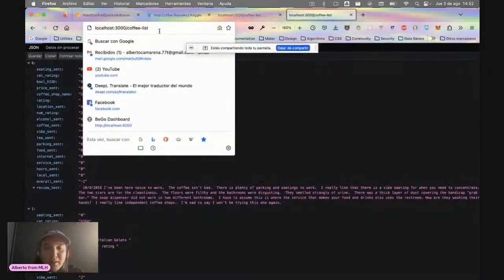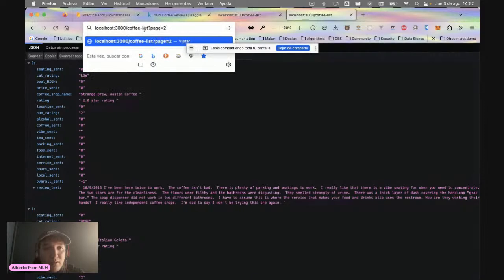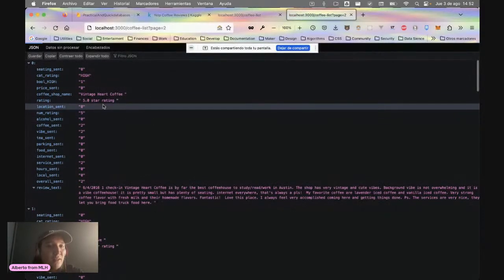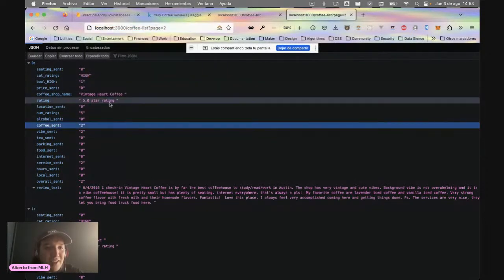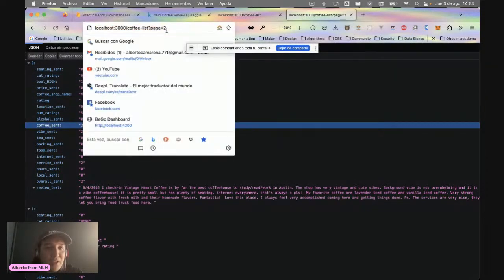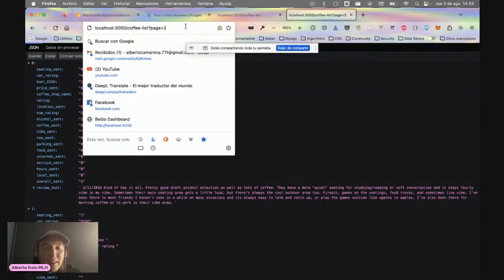Well, that was weird. Page 3, page 2. Yeah, I don't know what happened. It was weird, but you see, it changed because now we are in page 2, and then we can go to page 3. You will see, and we can even add a limit,